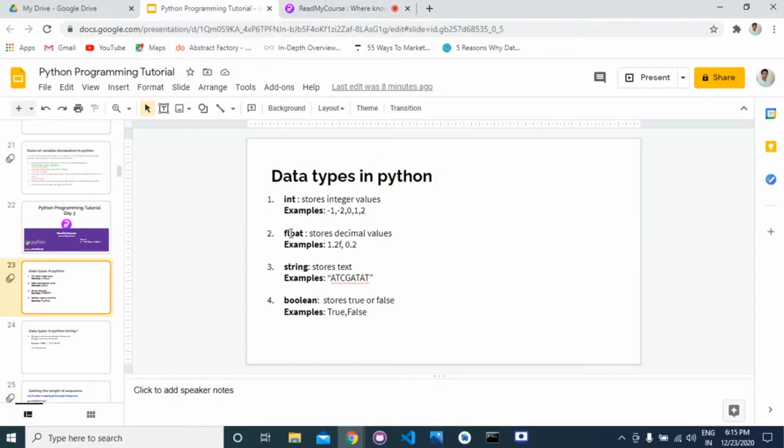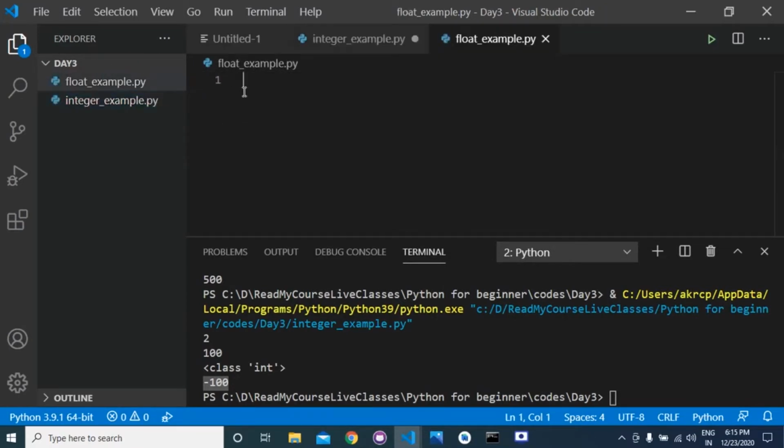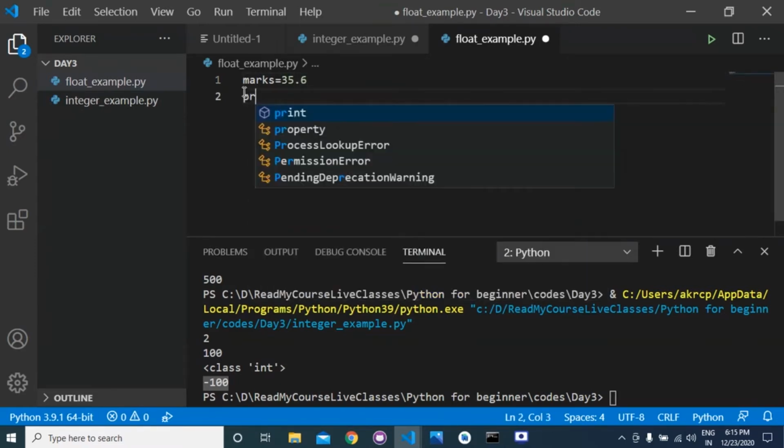Now we will be discussing the float data type. Okay, so I'm creating a file here, float example.py. Suppose that I have a variable marks is equal to 35.6.